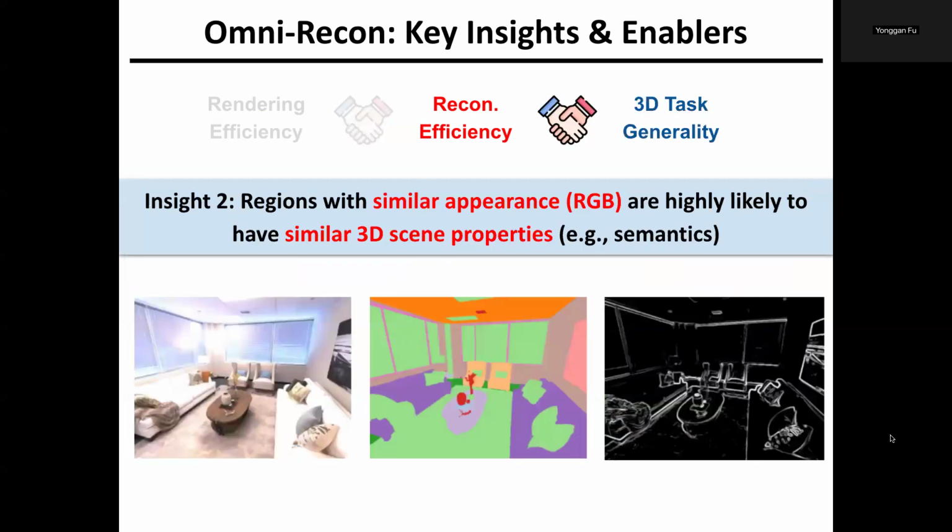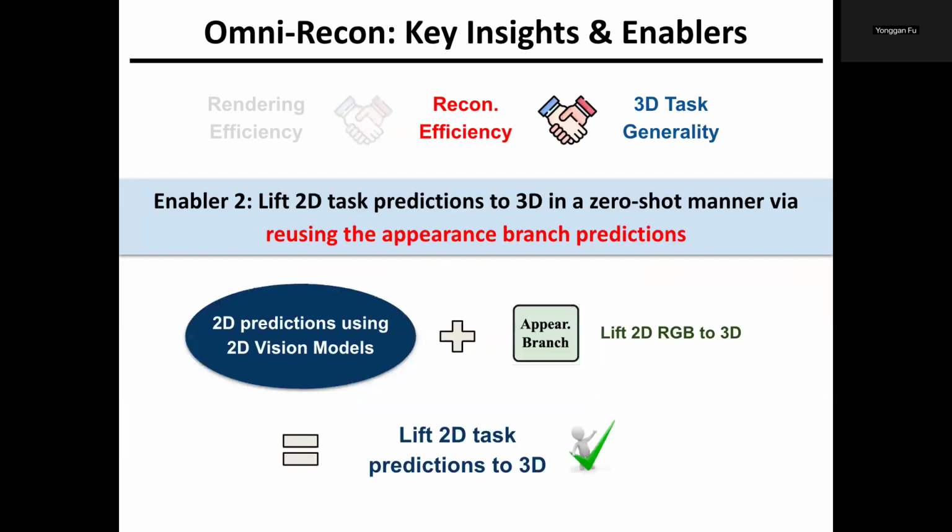Next, to address the second broken link regarding 3D task generality, our key insight is that regions with similar appearance are highly likely to have similar 3D scene properties like semantics. As such, the learned appearance branch can be potentially reused to directly lift 2D scene properties to 3D in a zero-shot manner. Specifically, to leverage this insight, we adopt 2D vision models, which are easier to obtain compared to 3D ones, to make 2D predictions on 2D source views, and then use the appearance branch to lift the 2D prediction